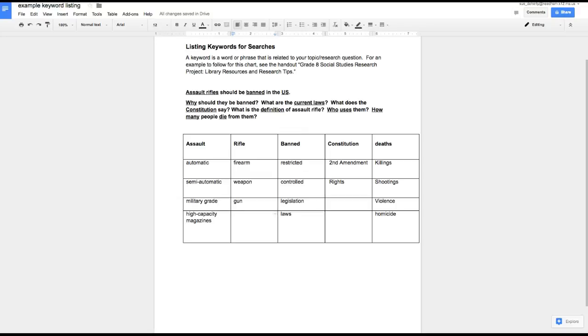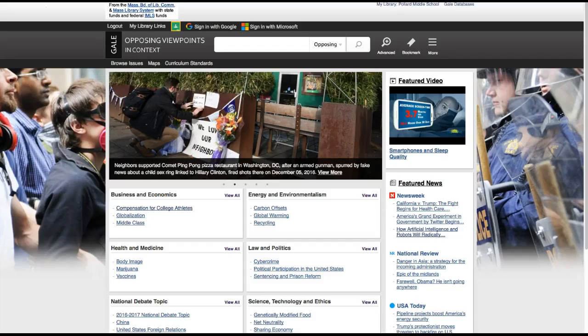Okay, so I'm going to go ahead and go to Opposing Viewpoints. I'm right now searching for information on the laws on assault weapons and or assault rifles. So I'm going to go ahead and go here. Opposing Viewpoints in Context is one of the great Gale databases if you're doing a controversial issue. I'm going to go into the advanced section,